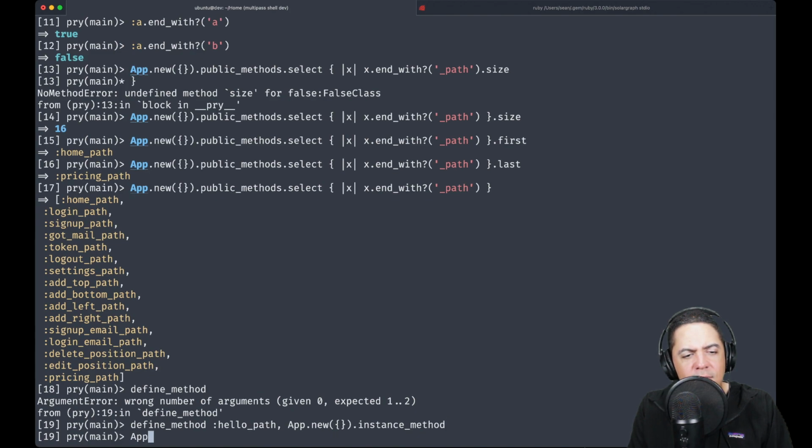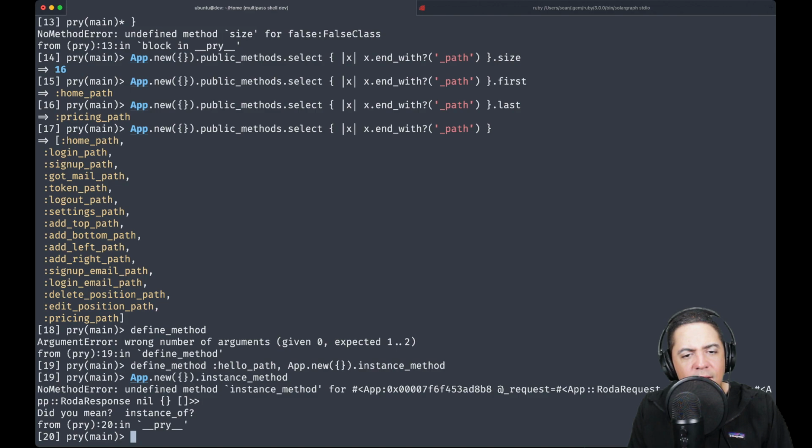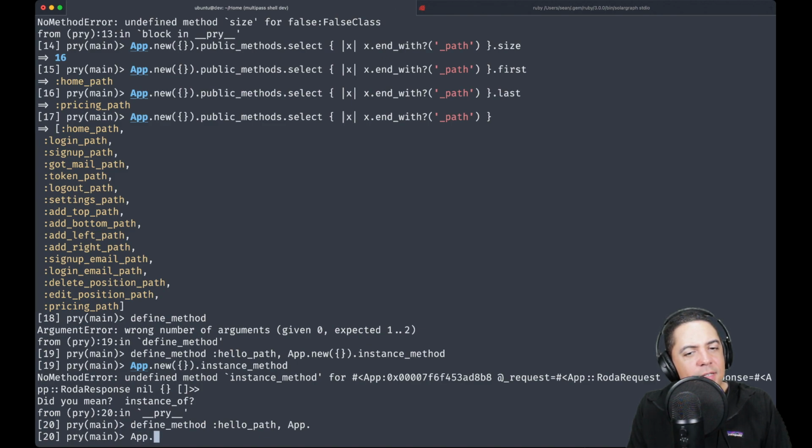Wait, what if I just call that with instance method? Okay, instance of, no. So what if I just say define method hello path app.new? I'm already in the instance though. That's the thing. App dot. Oh, you know what? I don't even need to do this anymore. I would probably just say like